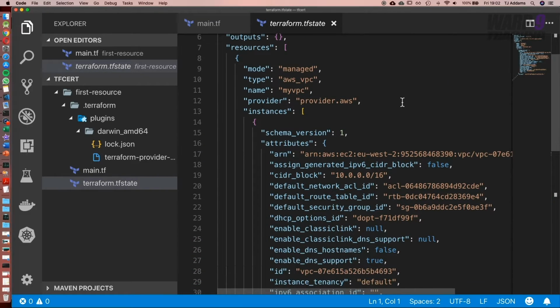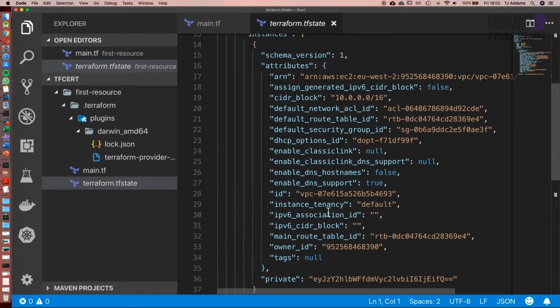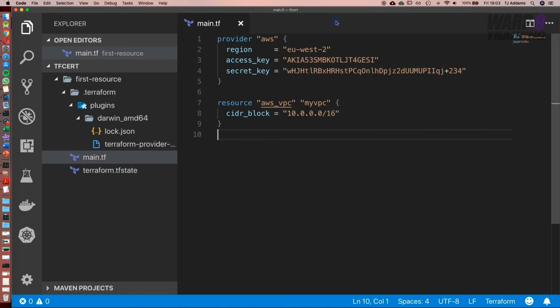We can see here all the details about it, the name, the ID, and the CIDR block, and all the other resources. And this is something that I really want to drive home because the exam makes a really strong point on this. Why is the state file so important? The reason is it keeps track of everything we've created, and it will be used when we delete things. What do you think would happen if I deleted terraform.tfstate and then ran terraform apply? What would happen is it would then go ahead and create the VPC again. That's because it's not aware that it's already gone ahead and created